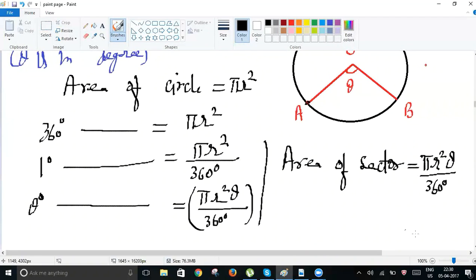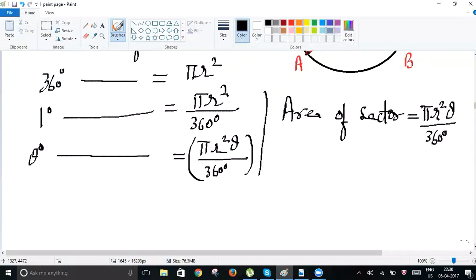So we write here, area of sector equals pi r square theta upon 360 degrees. Okay. Now we want to calculate when theta is